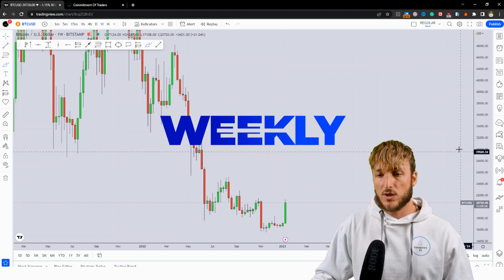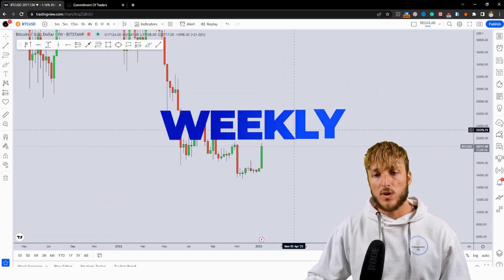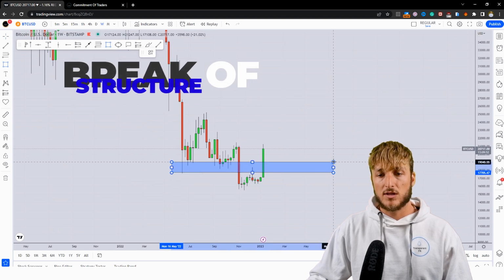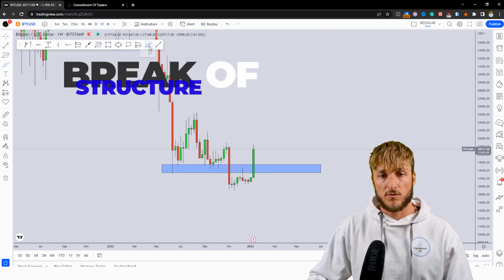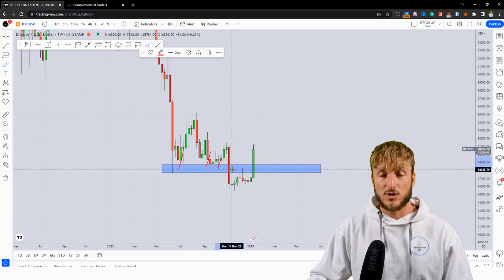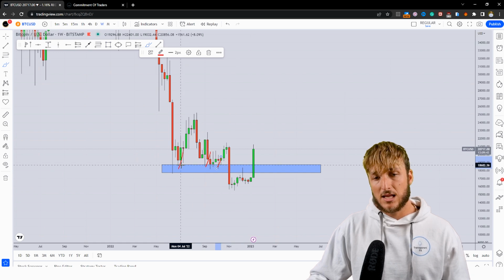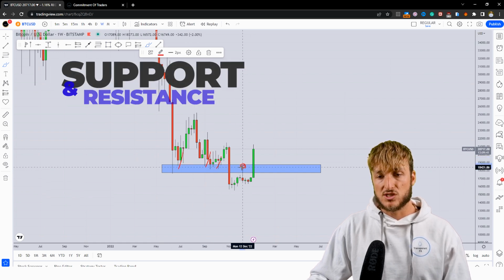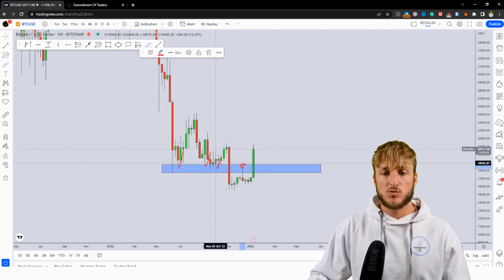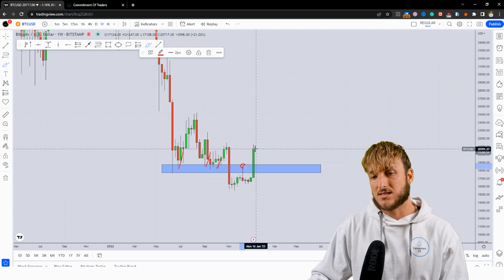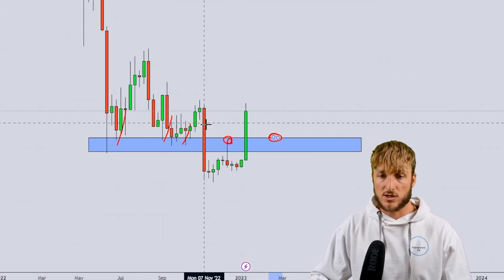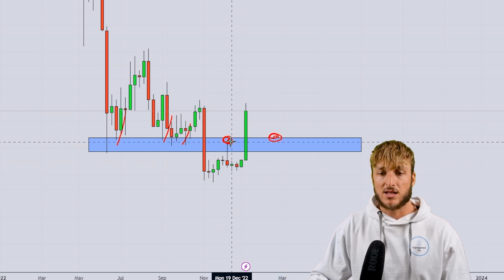Now, dropping down on the weekly time frame, what do we have? From a weekly perspective, we can notice how the market is currently breaking above an incredibly strong structured zone. In fact, this area was acting as previous support all across the area. We then had the break below the zone. At that point, that previous support became resistance here. Currently, we're seeing the break back above the area, and as we know, previous resistance, once it gets broken to the upside, becomes support. As the previous support, once it got broken to the downside, started acting as resistance here,